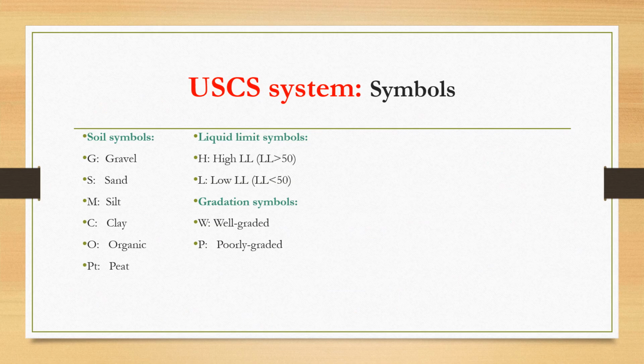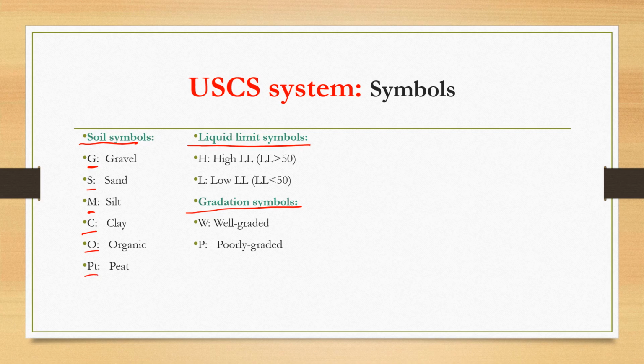Soil symbols, plasticity and grading characteristics are listed here. These are the soil symbols, the plasticity characteristic, and also the gradation symbols. For gravel, the symbol used is G, for sand, we use S. Silt, we use M. Why don't we put S? Because S is already taken by sand. And clay, C, and organic,